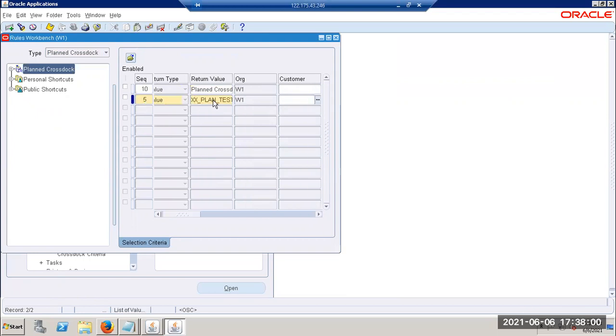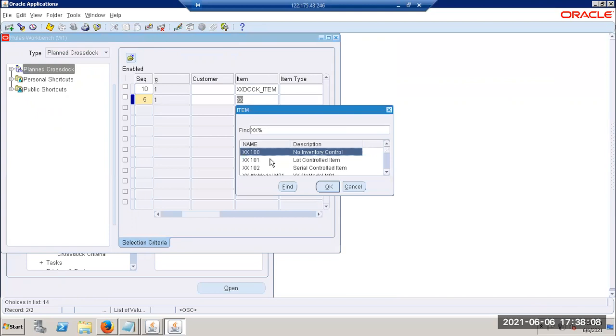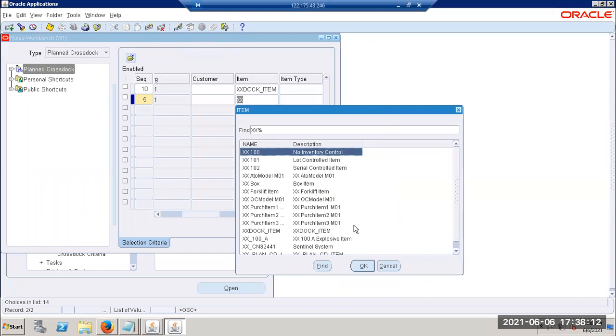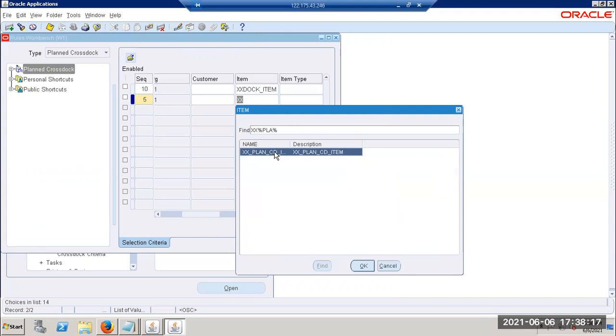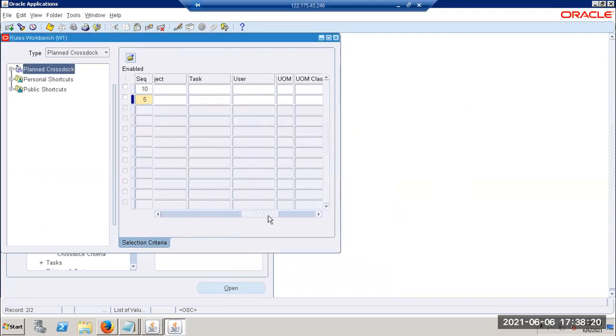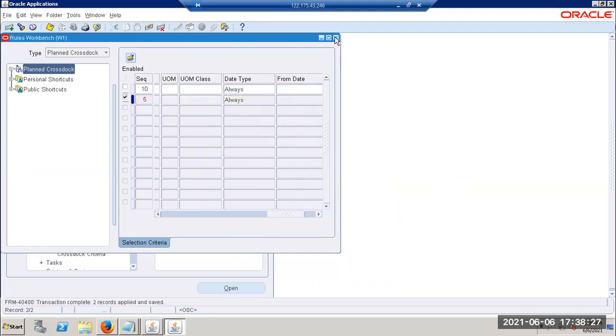Scroll towards the right slowly. You can select the one you have given as planned, I think the last one. Yeah, select that. Enable it and save it. Okay, you just saved it, right? Perfect. Yeah, now let's go. So this is one thing.